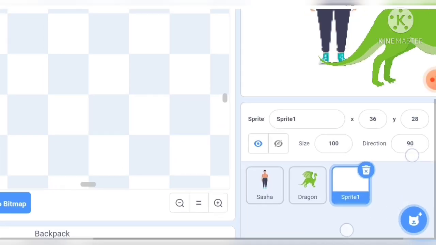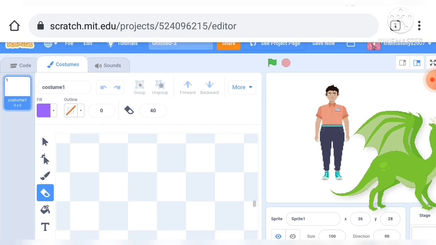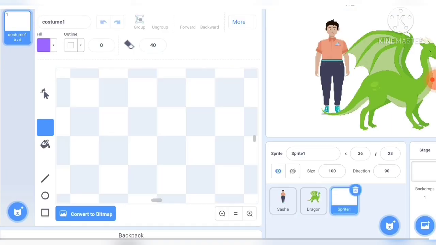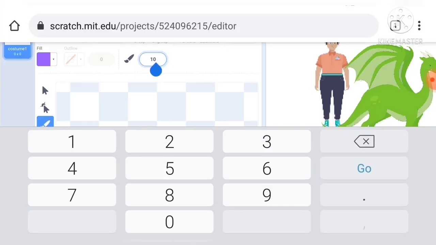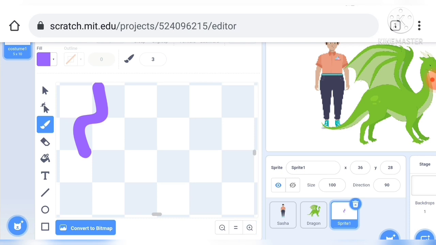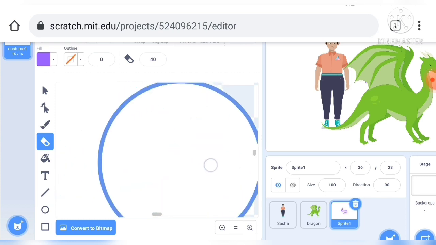Now at this time we will change the size of the brush. So let's first change the size of the brush. The size of the brush will be, okay, we will do it at 2, like a 3. Yeah, 3 is better. We will take it and then we will take this brush and we can make anything. So when you zoom it, you will get to draw. You can see. Now I will again erase this all.